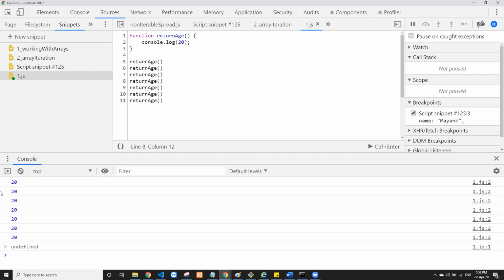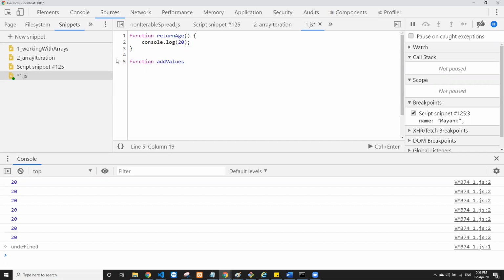Now, let's say we want to create another function. That function has to add two variables. A simple function with the capability to add two variables. I say function addValues.